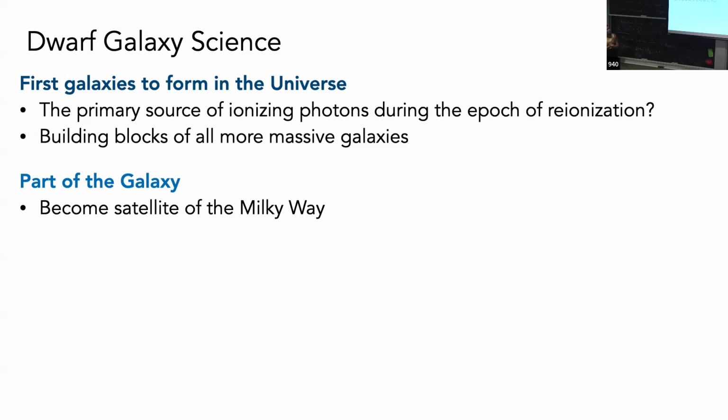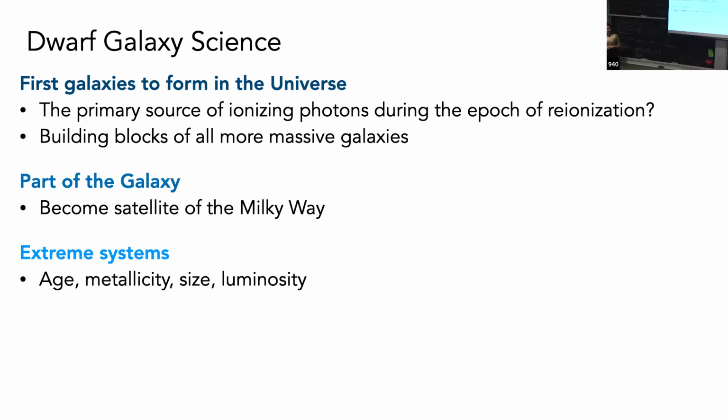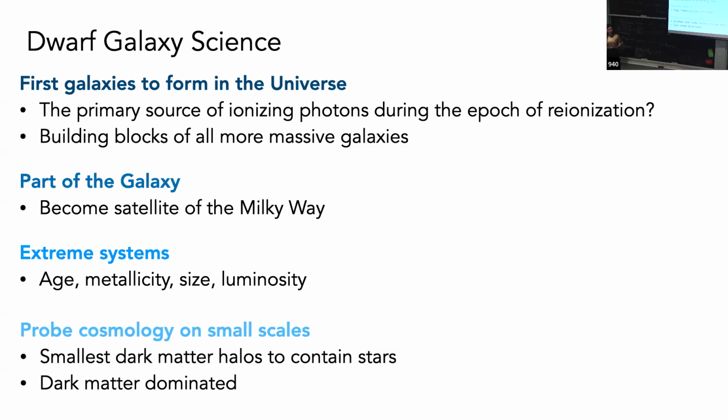Especially if you want to do cosmology with one galaxy, let's understand the dwarf galaxies. They are extreme in many ways. They are the oldest, the most metal poor, the smallest and the least luminous galaxies. And finally, one of the big picture selling points is that they are important for testing predictions of lambda CDM, or cosmology, on small scales, in part because they are small scale, right? They live in small dark matter subhalos. And we think they are dark matter dominated. So perhaps they provide a more pristine view of the skeletons of dark matter halos, or maybe not.